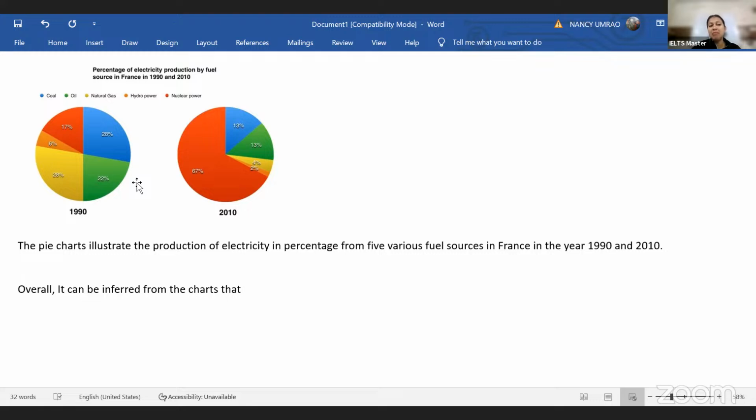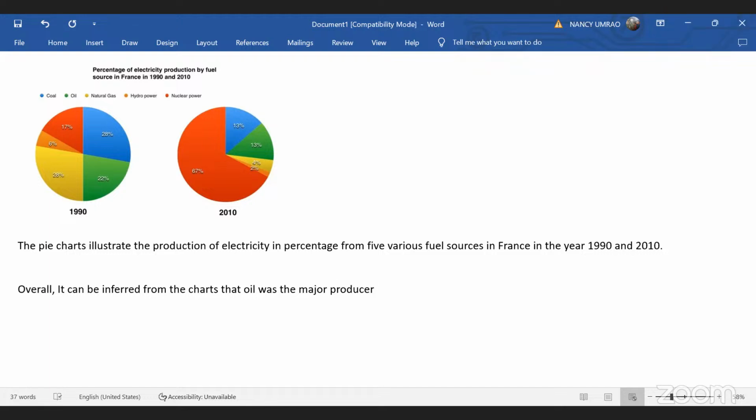Oil produced maximum electricity in 1990. But after 20 years, the electricity production was mostly being done by nuclear power. Is that clear? So it can be inferred from the charts that oil was the major